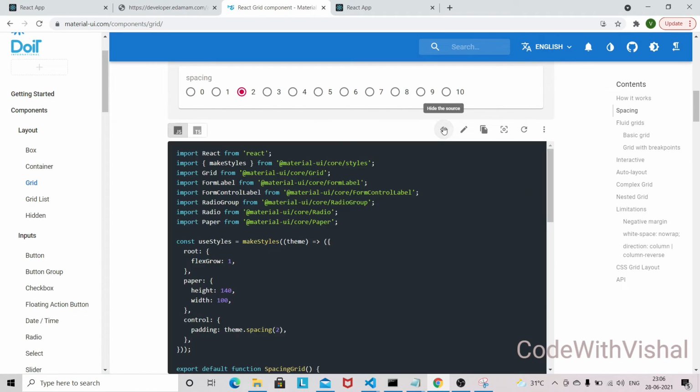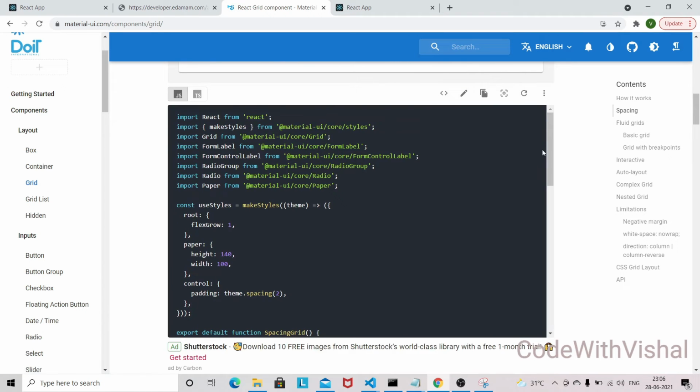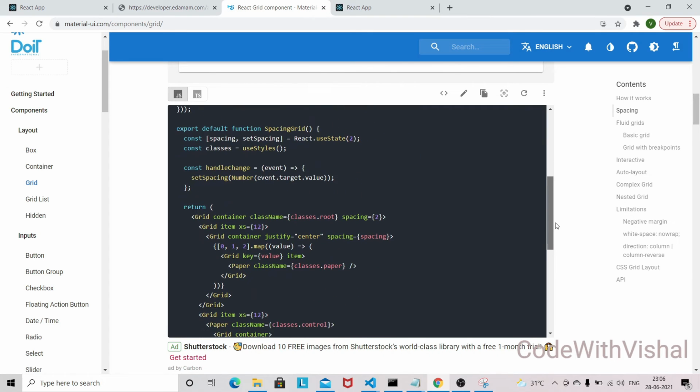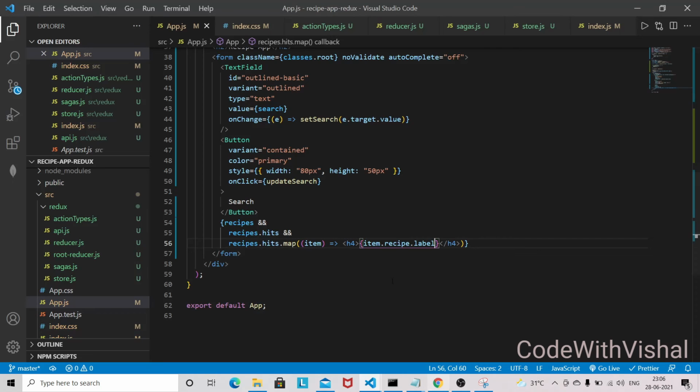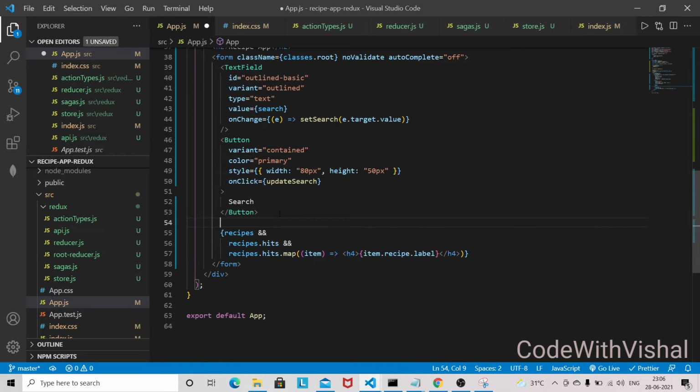A few pieces of code we have to copy. You have to copy just this one, and let's go back here and remove this one. I'll be copying here outside,